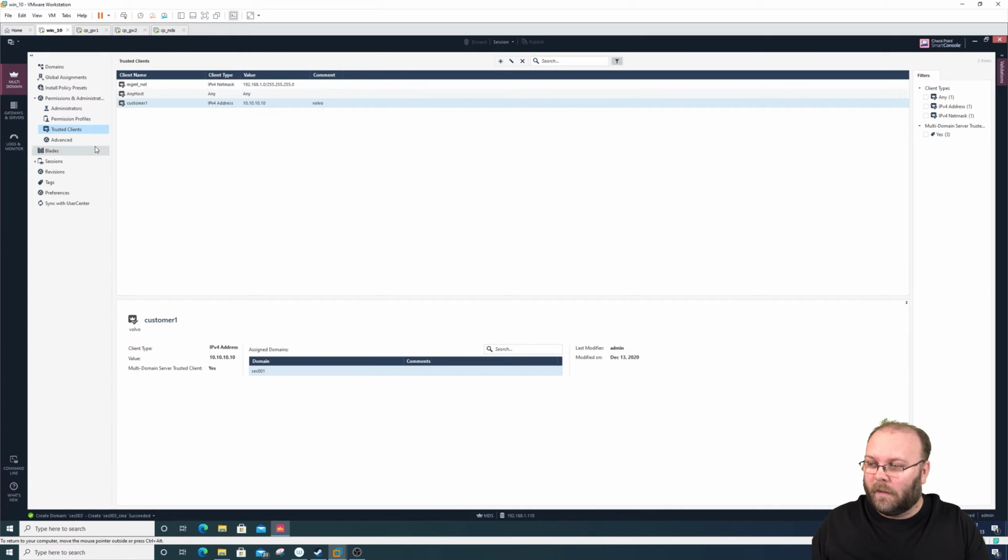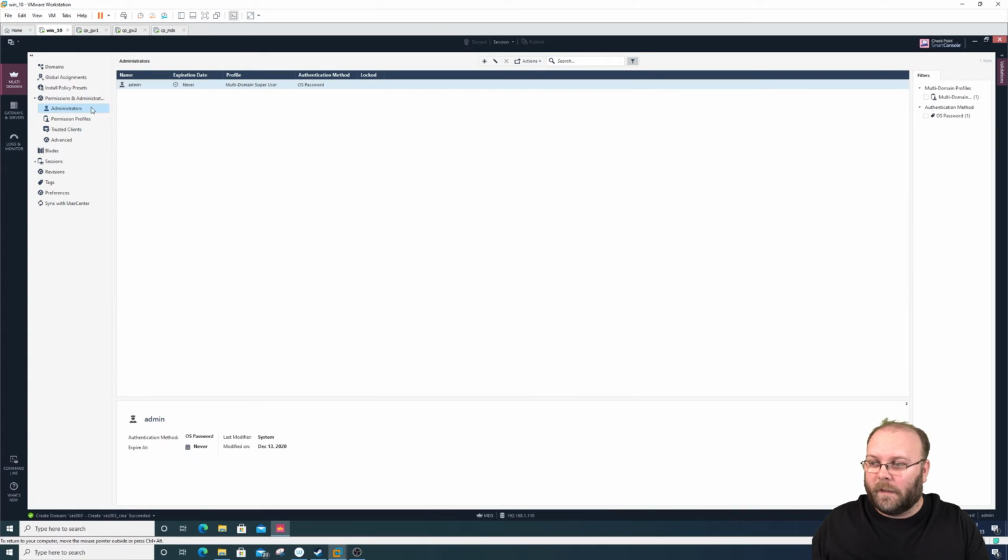When it comes to administrators, you can have multiple different profiles. You can have multiple different authentication methods. As default, we have this admin user, and it's a multi-domain super user. So it's the ruler of them all. And you can have multiple authentication methods. If you, for example, want to have a RADIUS or a TACACS, where you actually add the TACACS server and